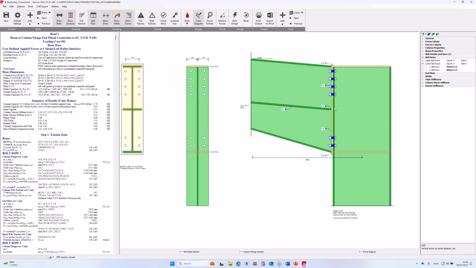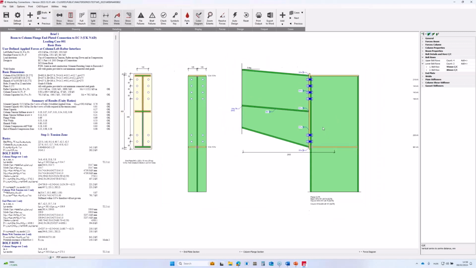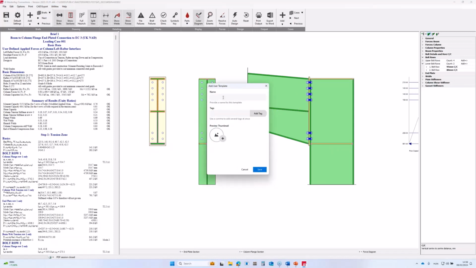So you can save any connection design as a template and reuse it again. So for example, if you want to use this connection as a template, under the utilities, you have an option to save joint as a template. We can give a name, beam to column, left. Yeah, we can add text as well. So let's say it's bolted, hinged,